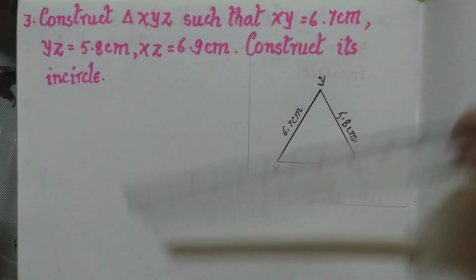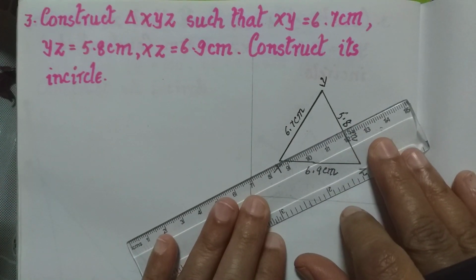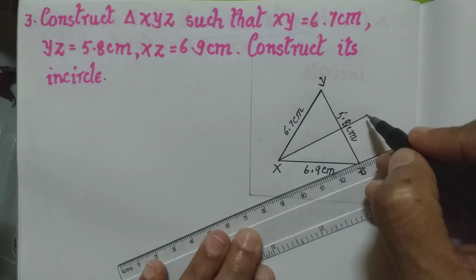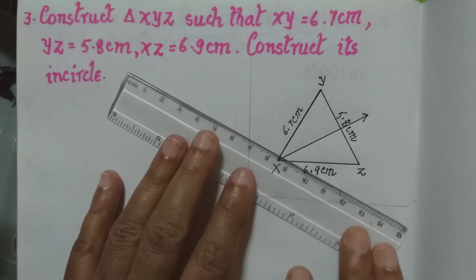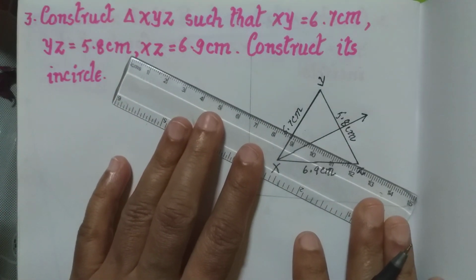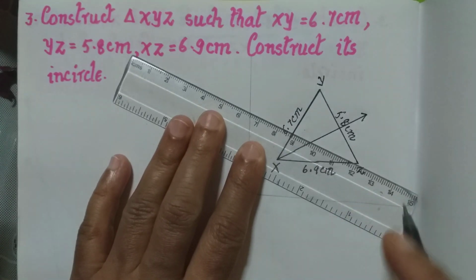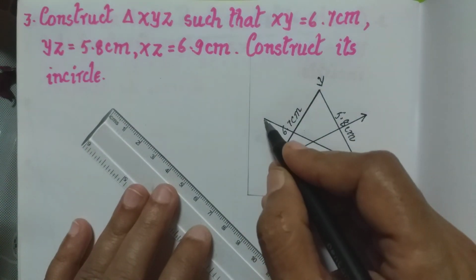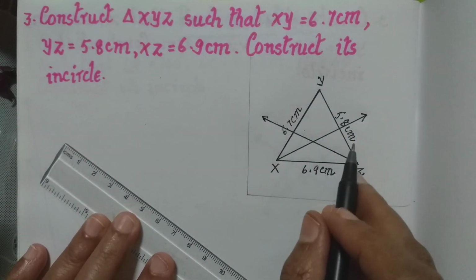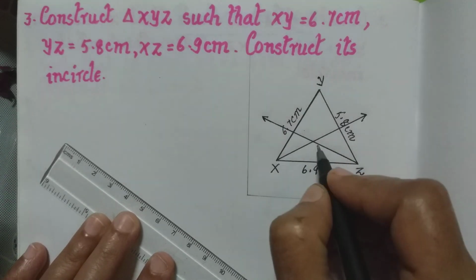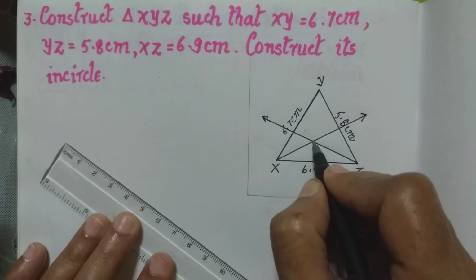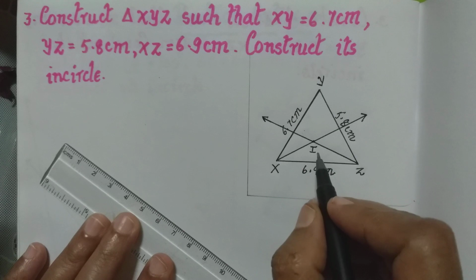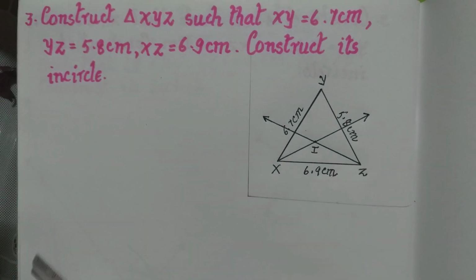So this is a rough figure, so let us just draw that this will be one angle bisector of the triangle, and maybe this will be the other angle bisector of angle Z. So after we draw both of them, the point of intersection of the two angle bisectors will be marked as I. So the angle bisectors are drawn.